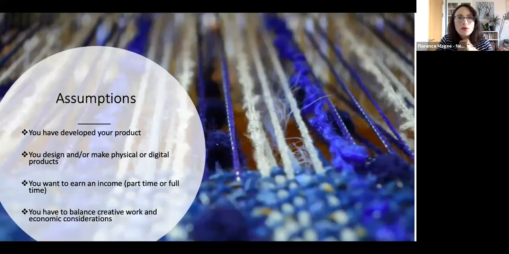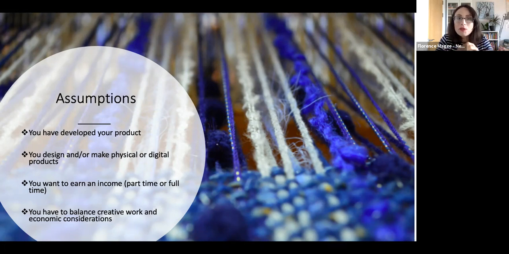Right, I've had to make a few assumptions to be specific in my explanations. So I've assumed that you have a product that you've developed to the best of your ability at the time. It, of course, is never finished, and you'll keep creating, you'll keep developing products, but you have something that you're working on already. And that this is a physical or a digital product, but it is a product rather than working, say, as a graphic designer or a service provider in the design industry.